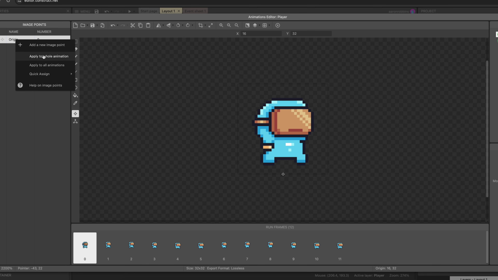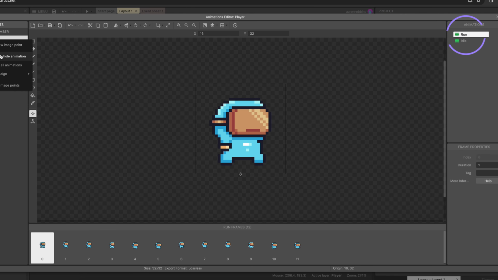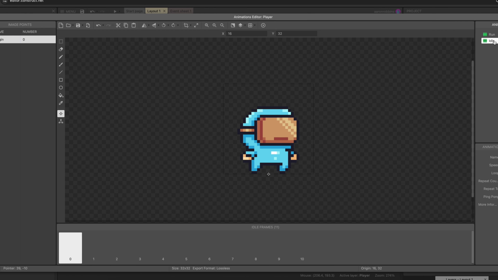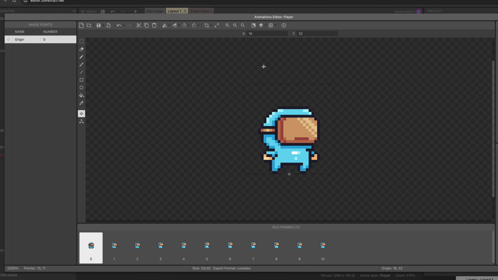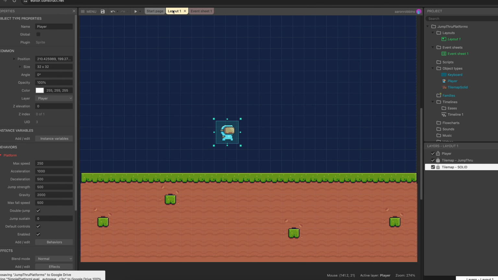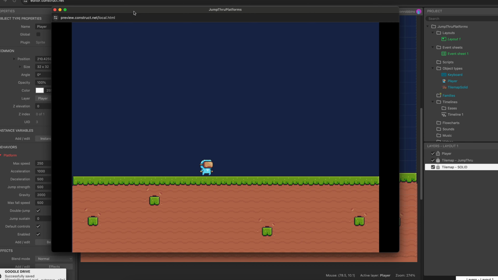Now that in this case would only apply it to run. If all of your sprites for this character in the sprite sheet are 32 by 32, you could say apply to all animations, and that would apply it to both run and idle. It would give it a pivot point at 16 by 32 for everything. We definitely want it for this one, so we'll say apply to whole animation. We'll go ahead and check this one. We want this one at the bottom too, 16 by 32, and so I'll right click and say apply to whole animation. Then we'll close it out and we'll hit play,